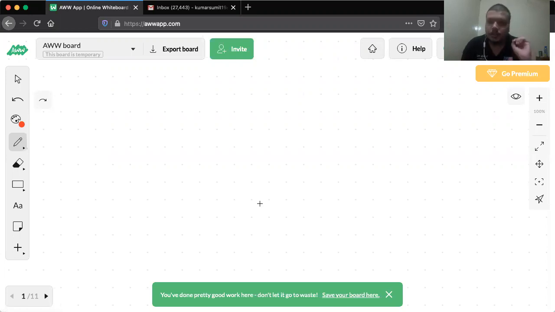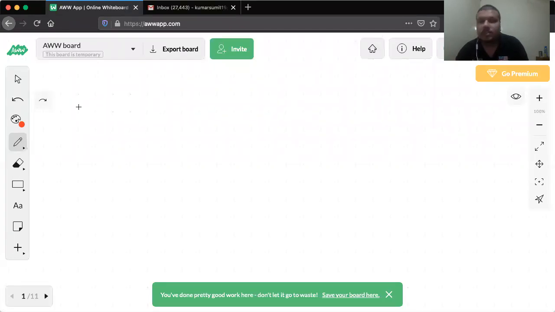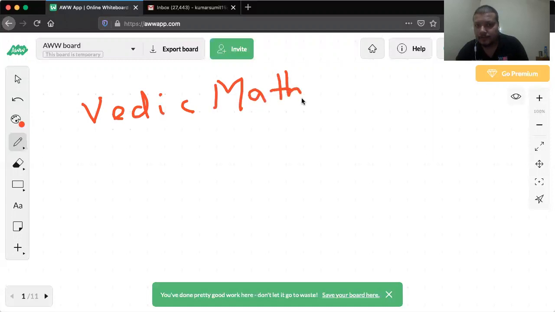By using this method or trick, the Nikhilam Sutra, you can easily multiply two-digit numbers or three-digit numbers without having any problem at all. What is the concept that we are going to use? We are going to use Vedic maths, and through the use of Vedic maths, Nikhilam Sutra, we are going to easily multiply two-digit numbers and three-digit numbers without having any problem at all. Now let's see how this works.